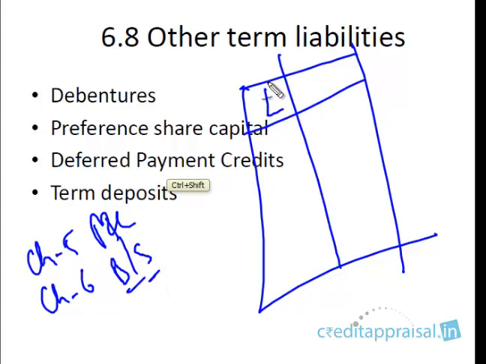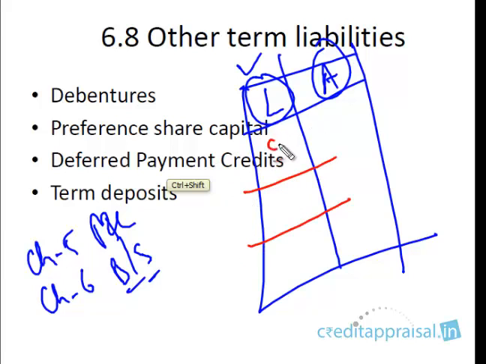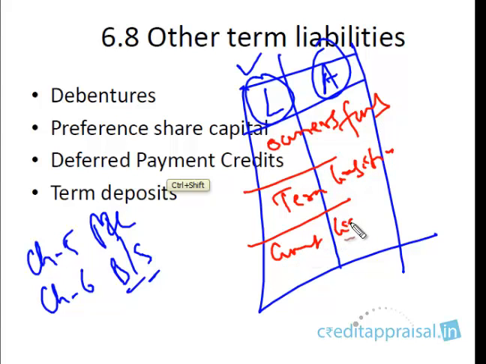In the balance sheet you will have two items, that is the liabilities and assets. We are discussing liabilities right now. We have discussed that under liabilities there will be three major classifications: owners funds, term liabilities and current liabilities. We already discussed owners funds. In this we discussed two items, that is capital and reserves and surplus, and we have started discussing